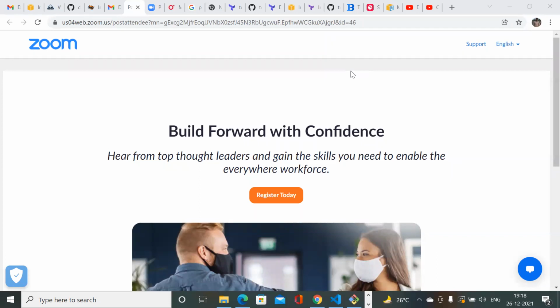Today's session is completely about deploying EC2 in AWS accounts. In the previous session we discussed how to deploy the VPCs. Now we're going to discuss how to deploy the EC2 using the VPCs. So let me share my screen. I think you guys are able to see my screen, right? Yes. Okay, super.